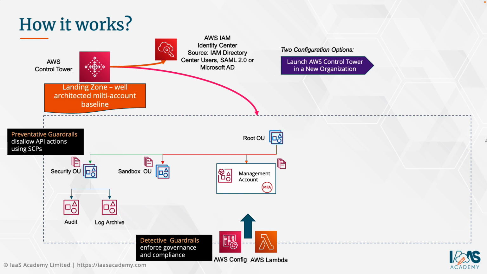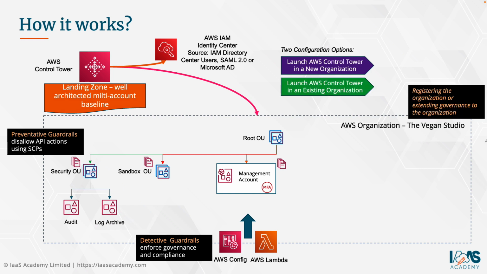Another method of using Control Tower is to actually launch Control Tower within an existing organization. And you do this by registering your existing organization, or what we call extending governance to that organization. So in the case of the Vacant Studio, which we've been discussing so far in this series, we already have certain AWS accounts. We even have an AWS organization configured. We can actually bring that organization, the OUs and the accounts that we've previously created, under the governance of Control